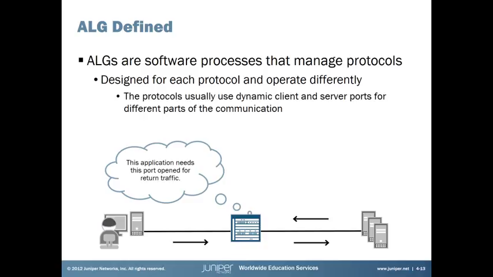So we create a connection, say on port 21 FTP. The session says, okay, I'm going to allow return traffic from that same IP address on port 21. So port 21 is allowed out, port 21 is allowed back. There's my session, port 21. But what happens is, with FTP, port 21 is the control channel for establishing the connection. The actual data comes back on port 20. So I haven't created a return flow for port 20. That's not allowed in